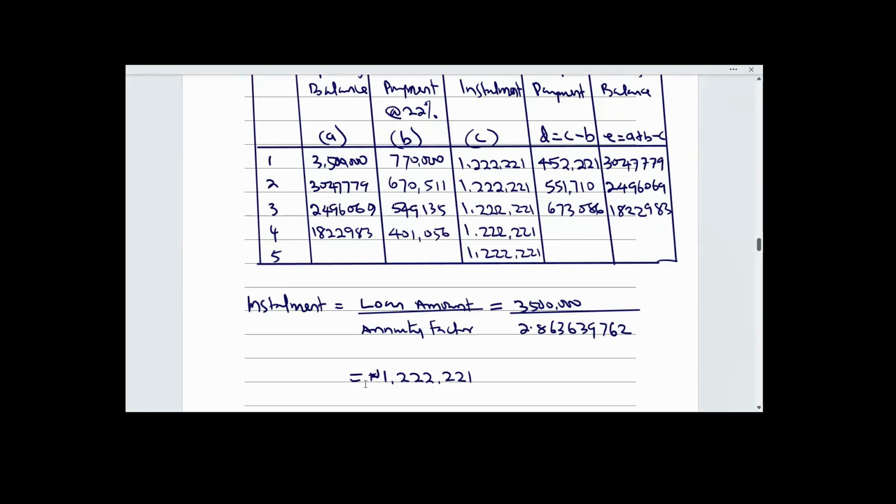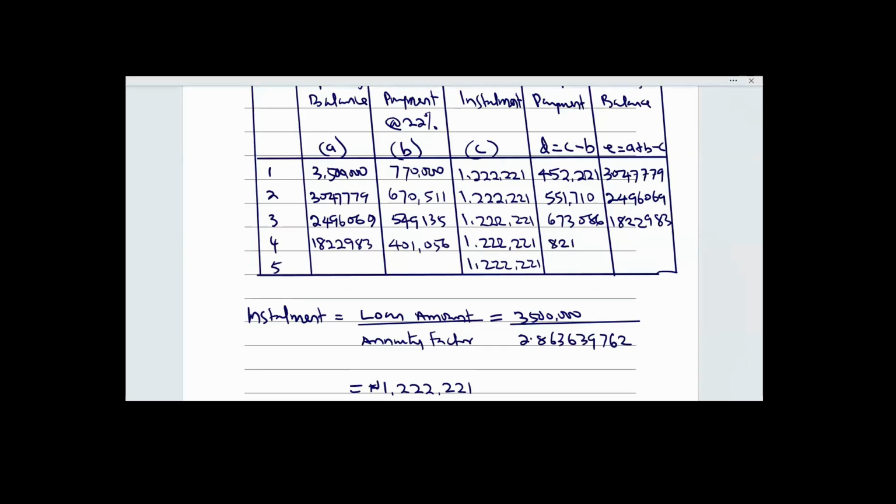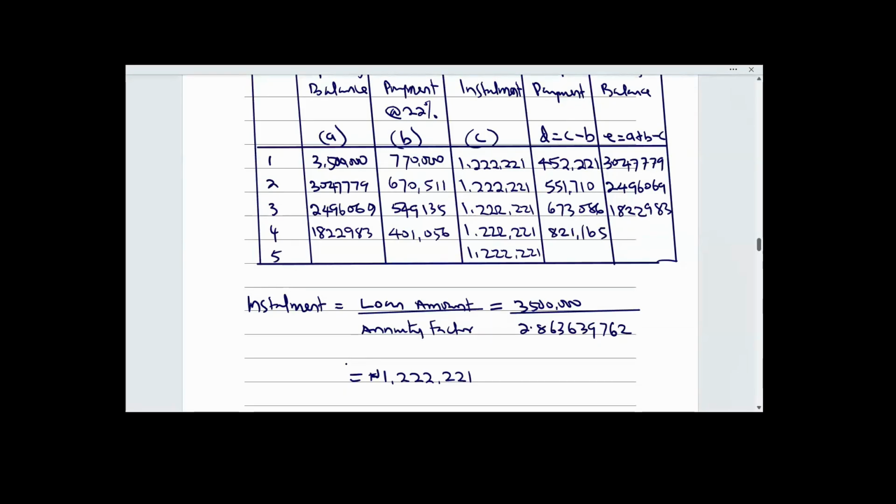Again, to now get the principal repayments, I will pick the annual installment, 1,222,221, minus the interest of 401,056. And we got 821,165. We have repaid 821,165 in year 4. So the balance at the end of year 4 would then be